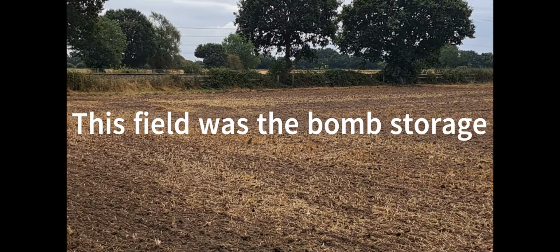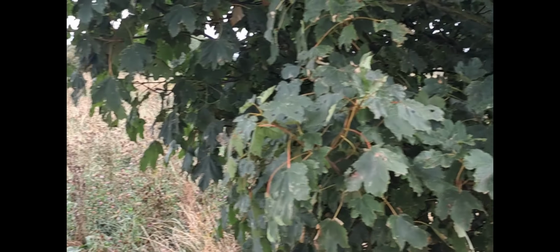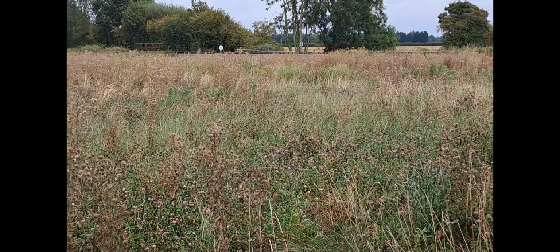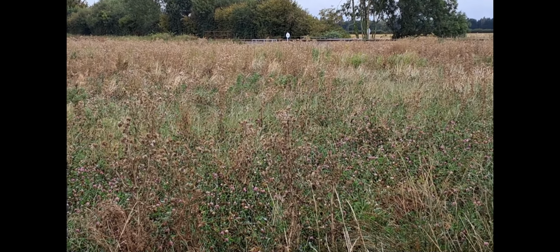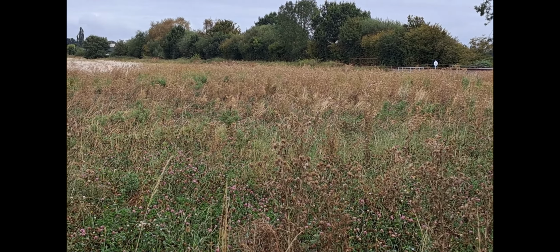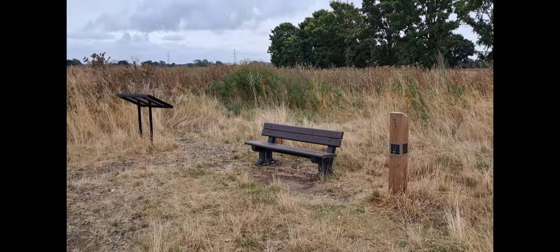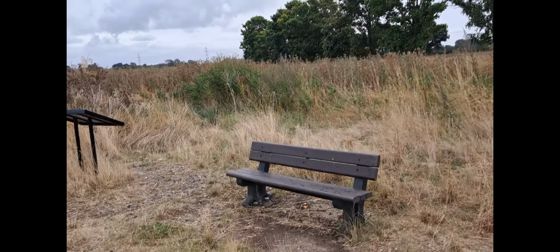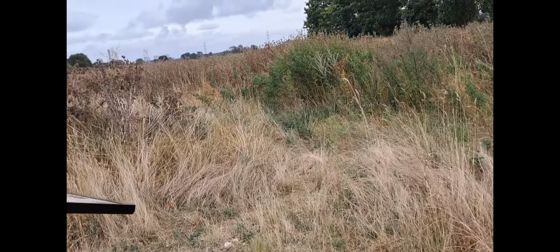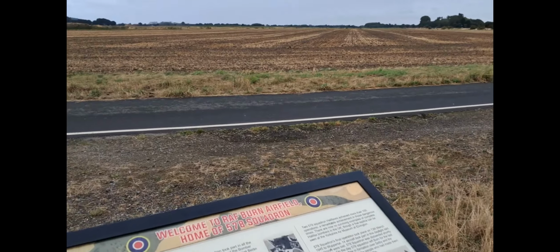And just along here is the main railway line, and there used to be sidings where they used to bring a lot of the armaments in and supplies in for the aerodrome along this line. And we've got a bench seat here, so that'll do for me to get my flask out and have a cuppa. Apparently it's about 3 miles round the perimeter of the airfield, and we've got a sign here,